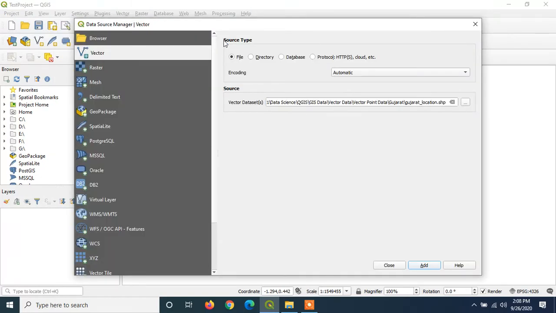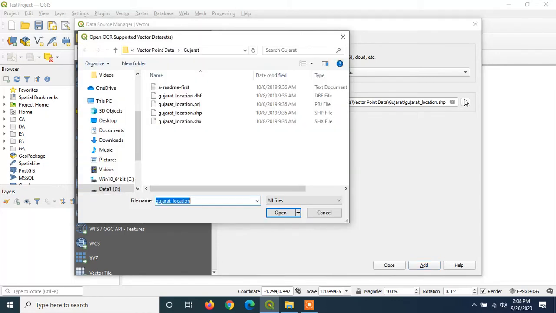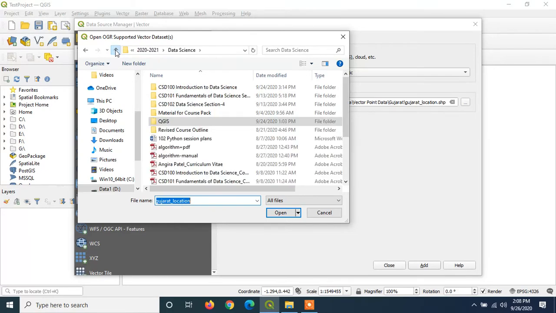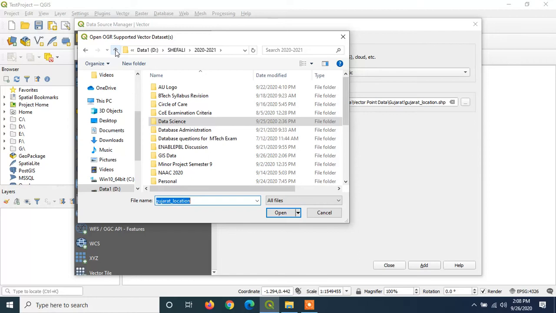It will display this data source manager dialog box from where you can select your file. So my source type is file, so I have selected file. Then you can select file name. So select the shapefile which you want to add in your project.